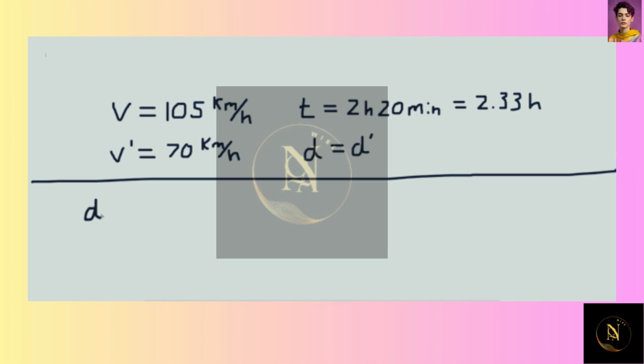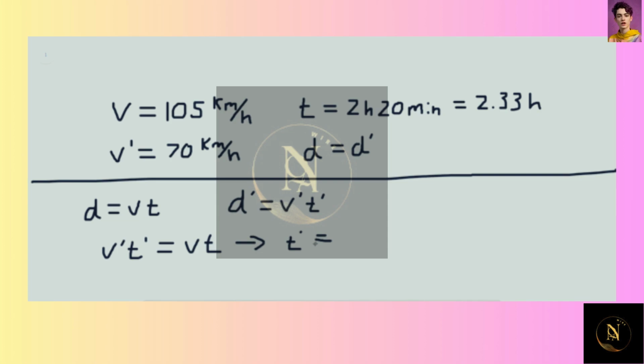So distance is equal to the velocity times the time. Therefore, the distance on a slow day, d prime, is going to be equal to the velocity on the slow day, v prime, times t prime. We need to find t prime in order to find the differences in the times. But we said that d is equal to d prime. Therefore, v prime times t prime is equal to v times t. So we can use this to solve for t prime. We find that t prime is equal to,